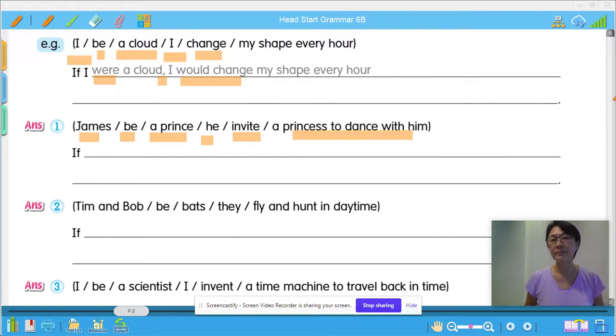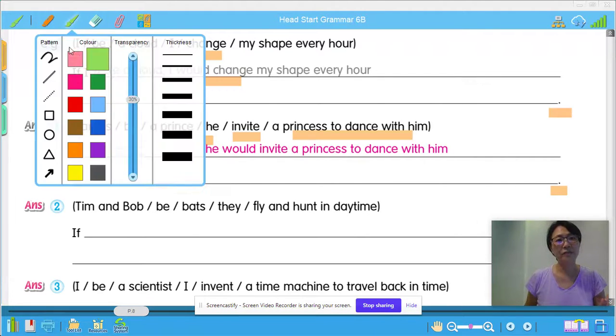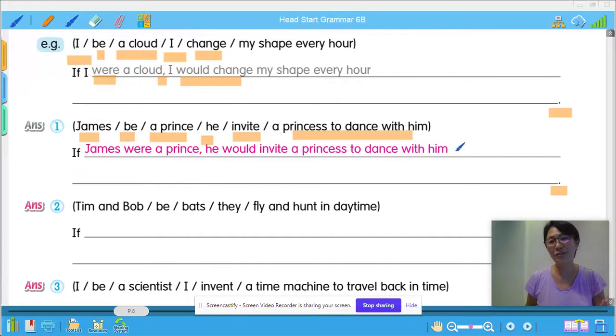Full stop. Now, something about your grammar book is that often they will put the full stop at the very end. It kind of looks weird. So there are two choices. One is that when you write your sentence, like this one, you just write the sentence like that without a full stop. Or you can write your full stop here. I would do, if I were you, I would do that. And then I cross this out. I think that looks better.